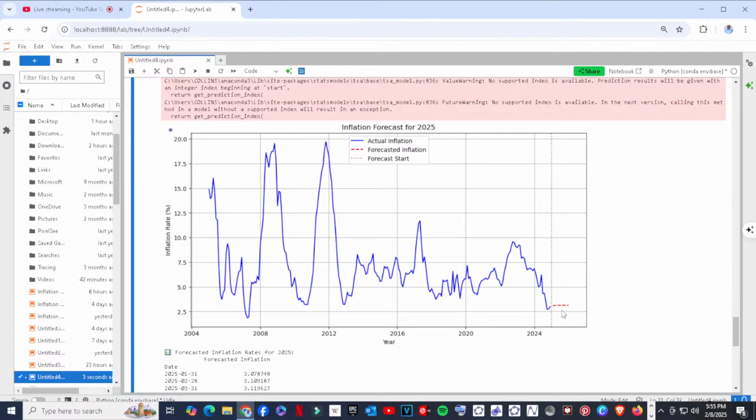But the inflation rate is expected to be contained within a level where, if you work out the mean of the changes, it will just lie along the forecasted inflation.